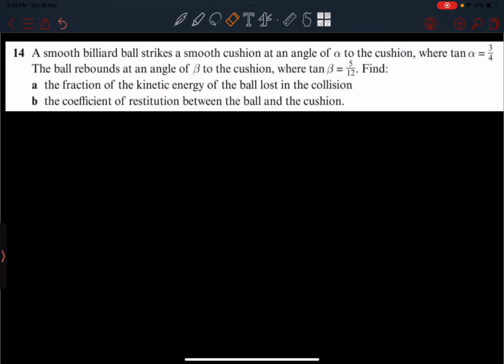For question number 14, we've got again a smooth billiard ball and it strikes a smooth cushion at an angle alpha to the cushion. So let's make a smooth billiard ball this time, striking the billiard cushion at an angle alpha. We know that tan alpha is 3/4, so